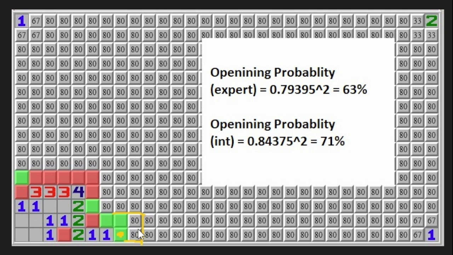So thinking about what the best move would be here, our options are either to flag this and chord, or we just click here and hope for the opening. So option 1 is flag and chord here, which would save 1 click over just going here, assuming that there's no opening here. So you'd go 1, 2 to clear 3 squares,